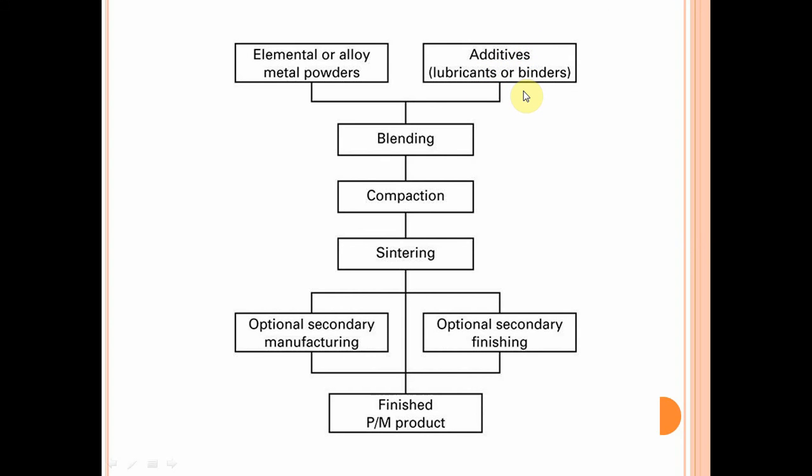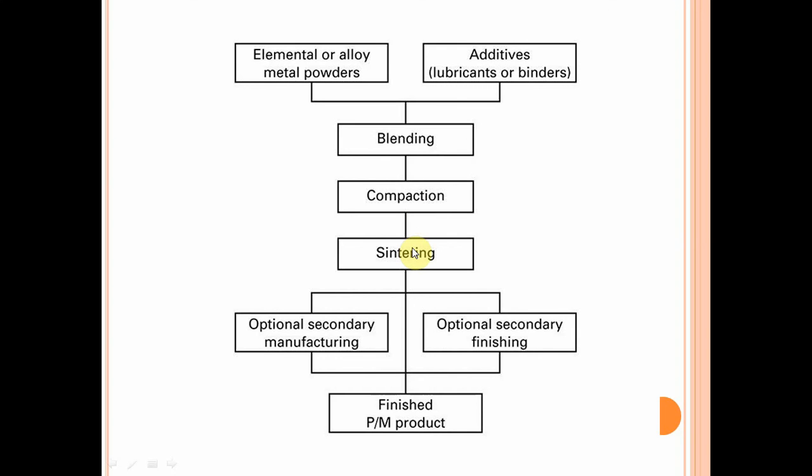With the help of these additives as well as the powder, this mixture is pressed under applied pressure, and there are different processes which are used to press this mixture. After that we sinter this product.